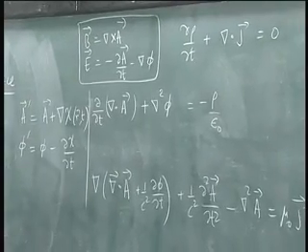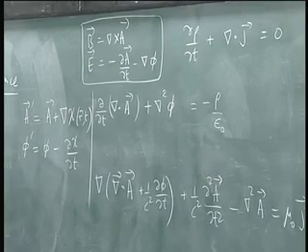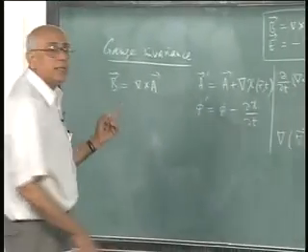And it is now trivial to check that B and E would be the same if you had the scalar and vector potential specified by the pair phi and A, or the pair phi prime and A prime, makes no difference. This is called gauge invariance,